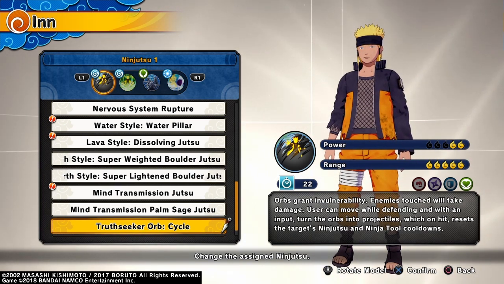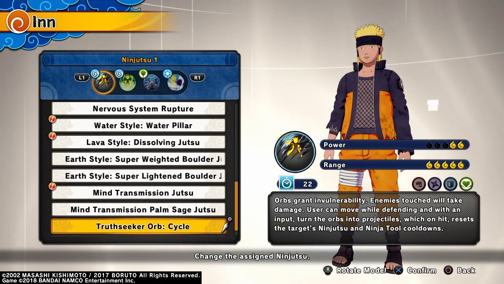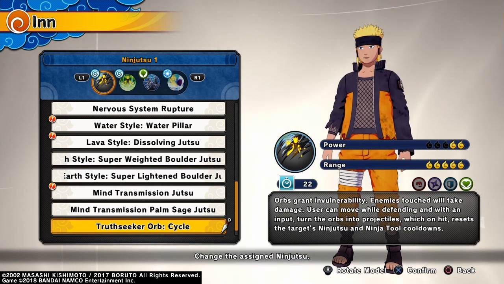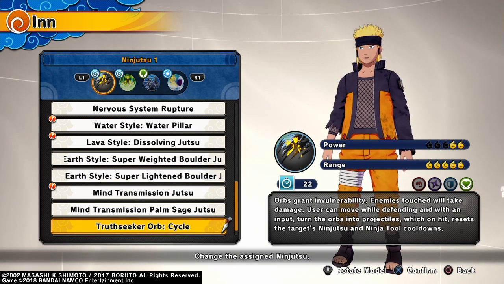So pretty much this ninjutsu right here is probably one of the most busted healer moves in the game right now, and it can be really annoying when this thing actually hits you, because it does take off a decent amount of your health. It bounces you back, and not to mention, if you're right next to the opponent, you can come out of the truth-seeking orb and launch it at your enemies,